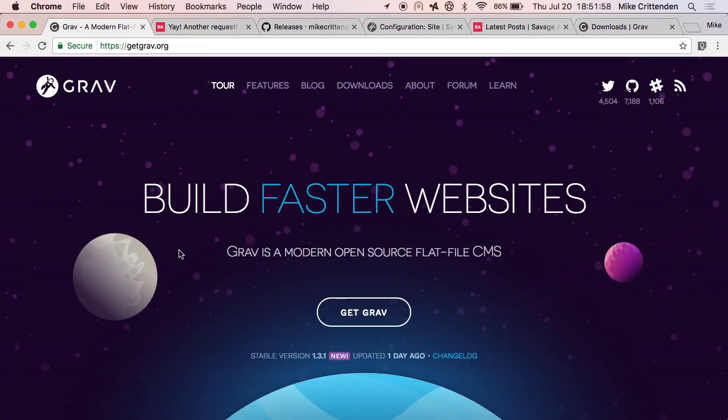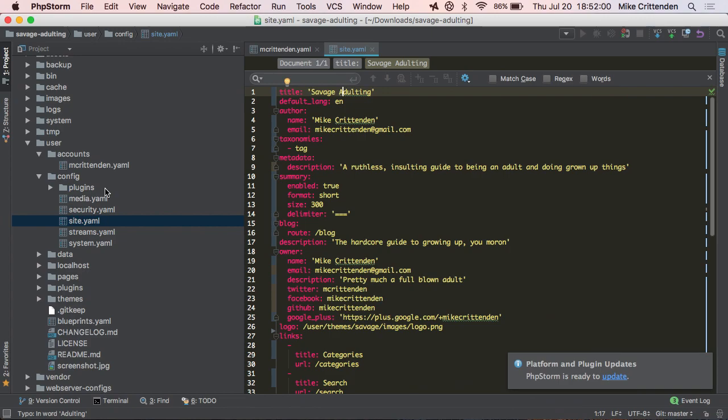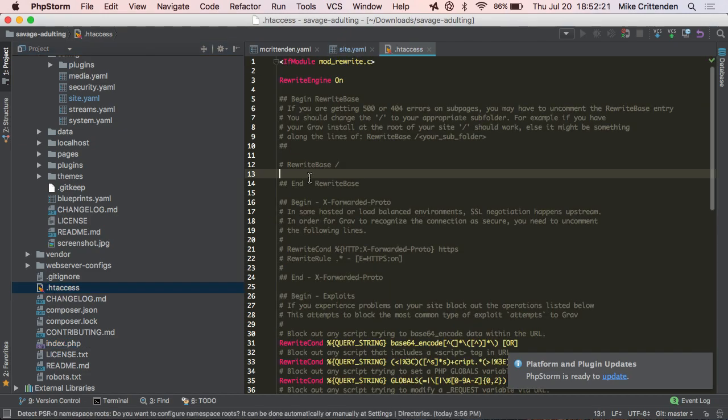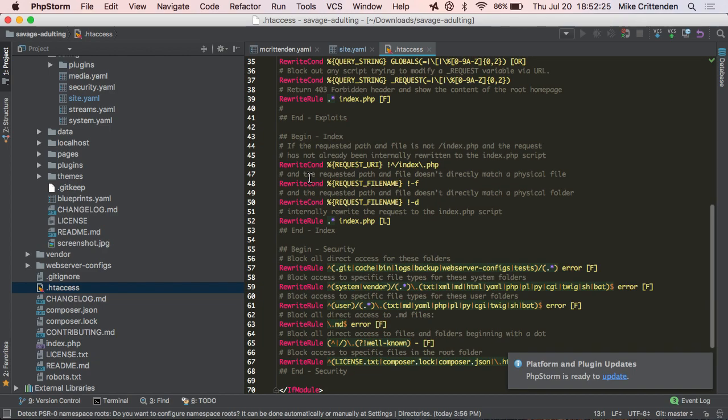Quick annoying question, a detail you're not even covering. Where does the server get pointed so that somebody can't access that YAML file, like grav/myconfig.yaml? It's right here at the root. It's just server permissioning. I think it's actually an .htaccess that disallows all that stuff. I was just curious.